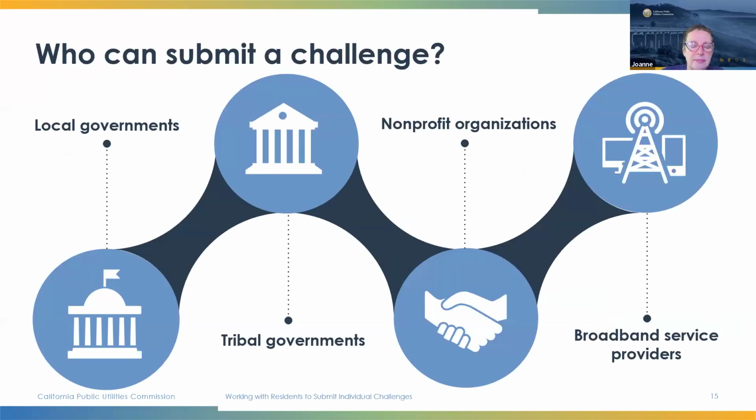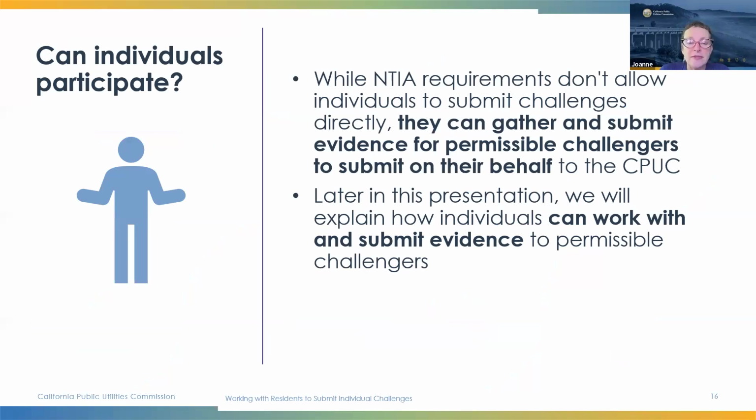Let's talk about who can submit a challenge in the challenge process. What we have here are the federal rules as established by NTIA for who is an eligible challenger or a permissible challenger under the rules developed at the federal level. Local governments, tribal governments, nonprofit organizations, and broadband service providers are the four categories of permissible challengers. Now, individual households, residents, businesses, etc., are not eligible to submit challenges directly under NTIA's rules,